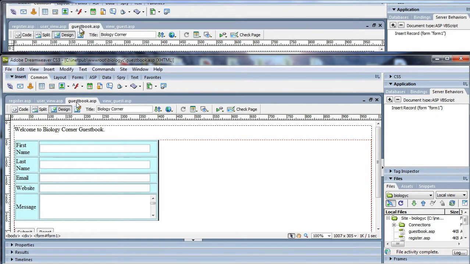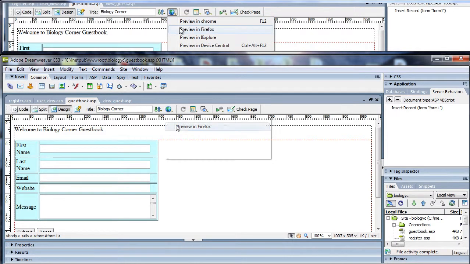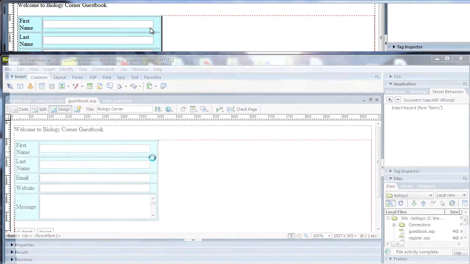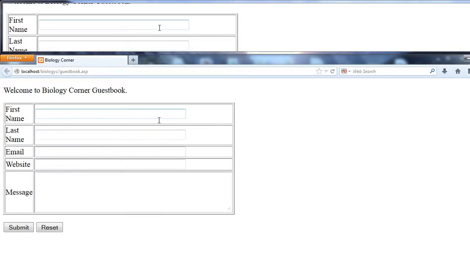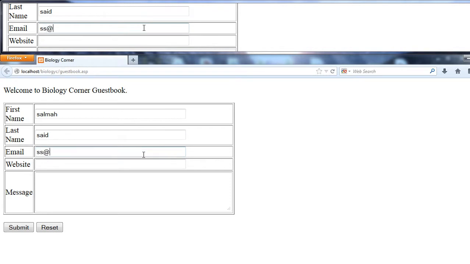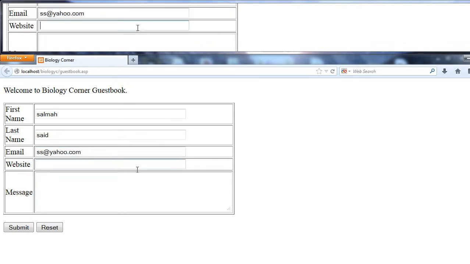Next, go to Guestbook, preview it in Firefox and type first name, message.